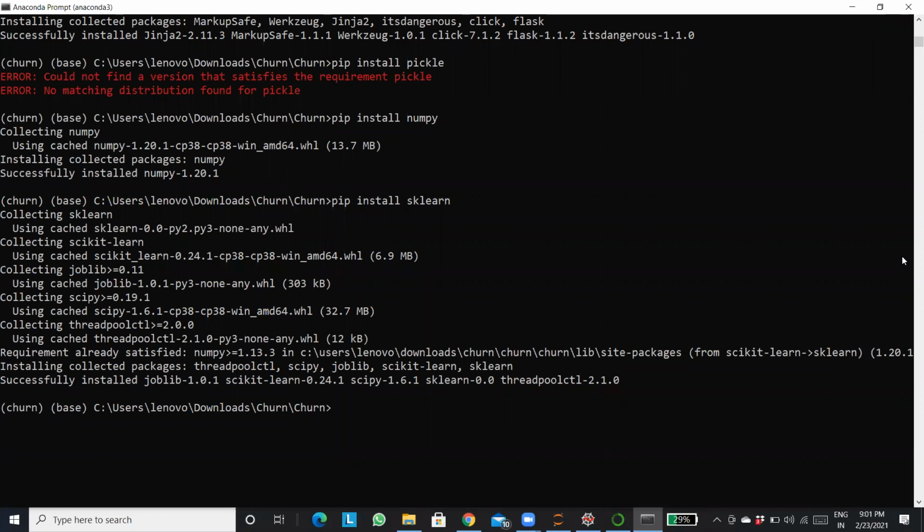Let me just run the app.py now, python app.py. So it's getting executed. Let's hope it gets executed without installation of pickle. It's still getting executed.